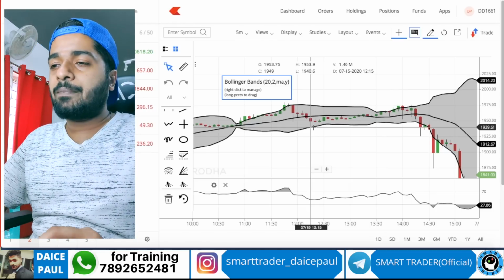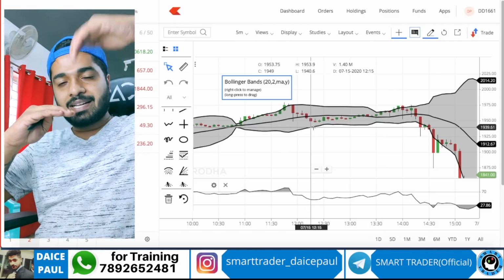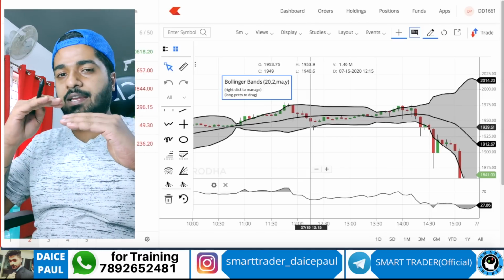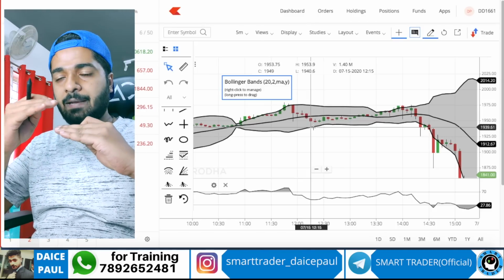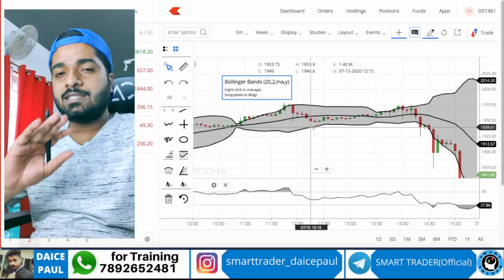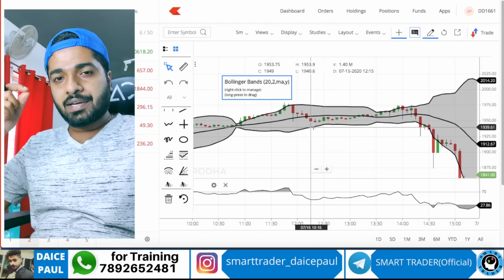So during this time, what will happen when you keep this trailing stop loss? Suddenly it goes up, your stop loss goes up, and suddenly when it turns, your stop loss will hit. If your trailing stop loss is not higher than your buy price, then obviously it will be a loss for you guys. So that is one disadvantage in intraday, but I would say this is stronger in positional trading actually.